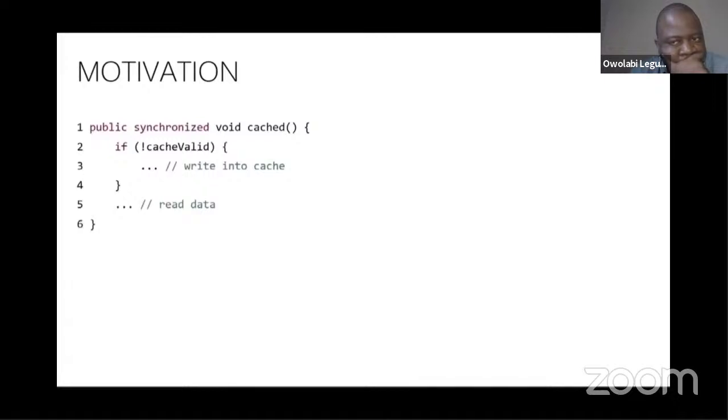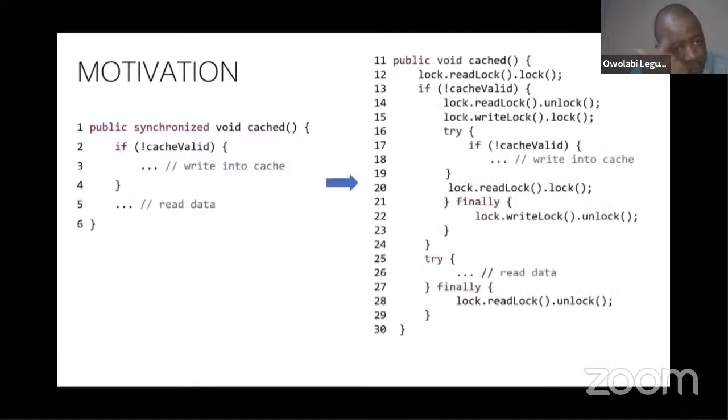However, the write operation is executed only when the cache doesn't have the data. It can use lock downgrading to allow more concurrency. Here is the code refactored by lock downgrading, which is a fine-grained lock. It first acquires a read lock, which is enough to ensure concurrency for the condition checking. When the condition holds, a write lock must be used, and thus the read lock is released, and a write